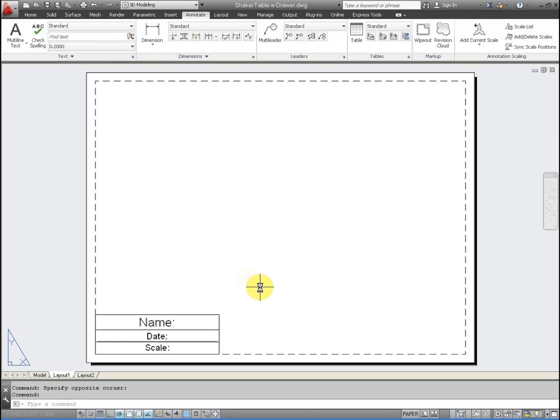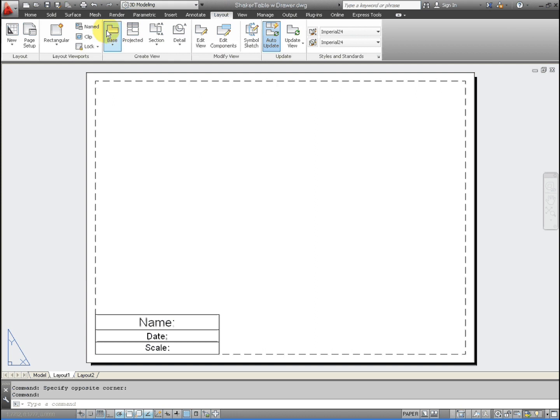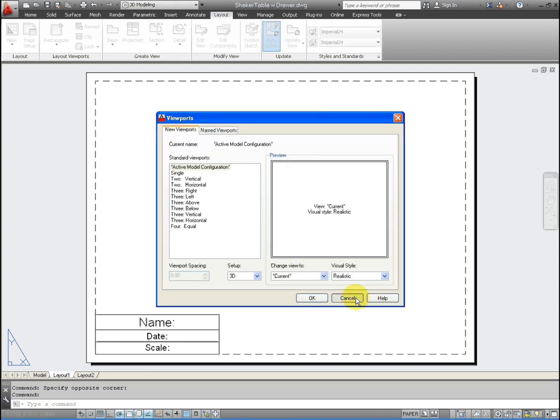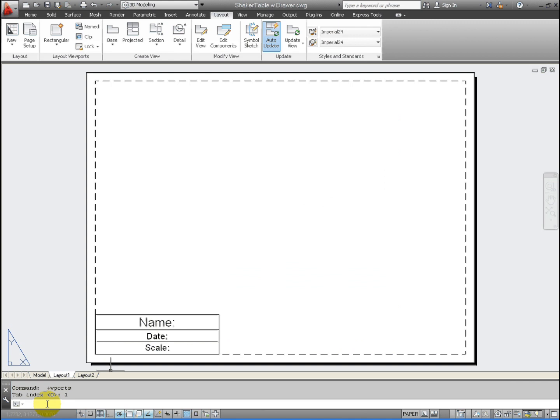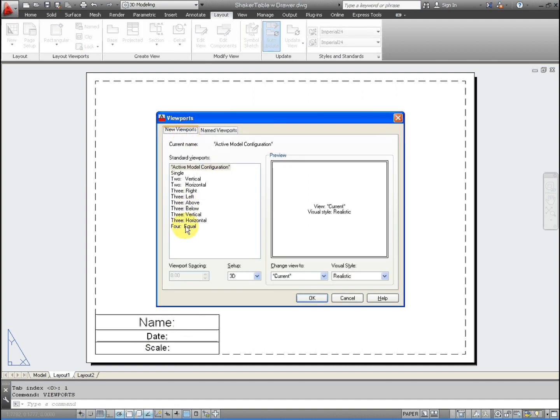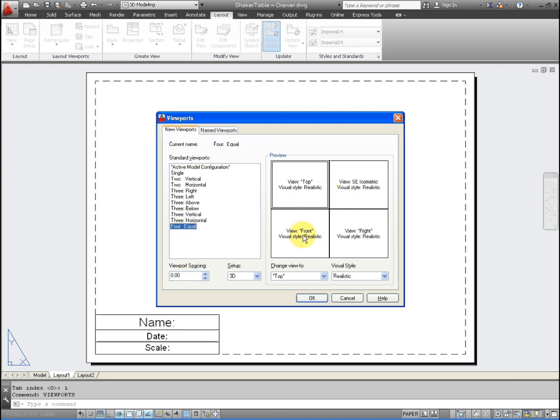So then we're going to find the viewports, which will create the scaled drawing. And so in the layout you can either hit the named and you'll see the 4 equal here, or in the command line below type in viewports, enter, and then the same thing will appear. And we're going to go to 4 equal, and the setup should be 3D,